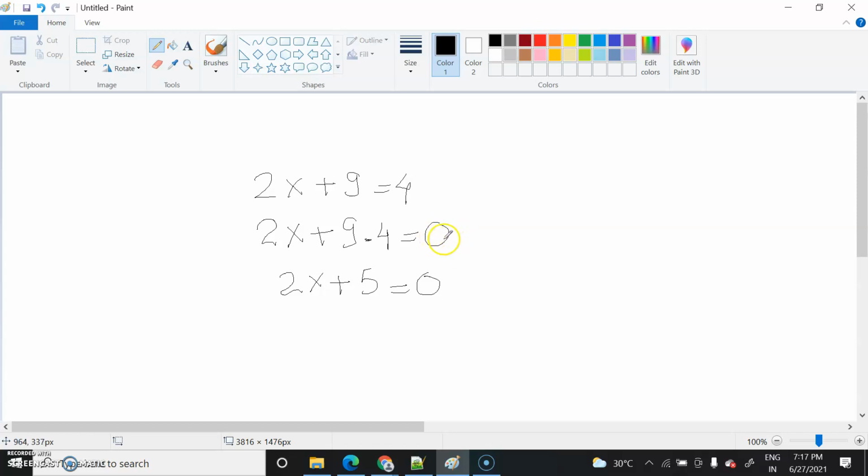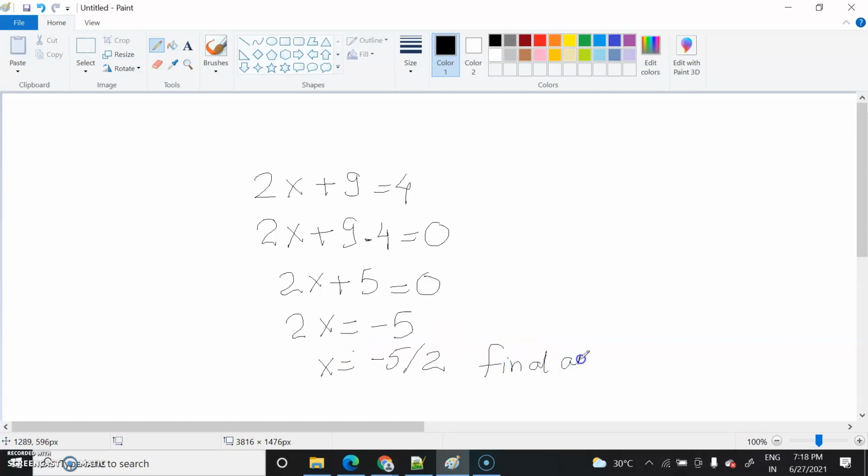When you equate this with 0. When you move this 5 to your right-hand side, it becomes positive 5, and 2x equal to 5. Now, to solve further, x is equal to 5 divided by 2. So this will be my final answer.